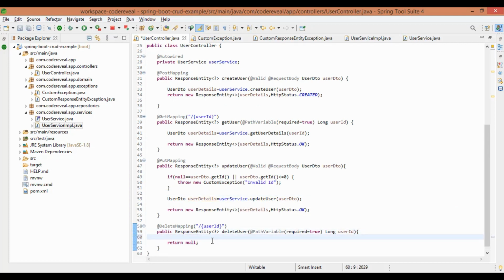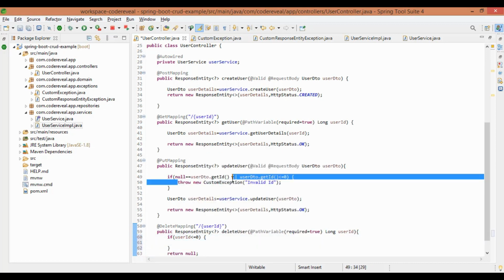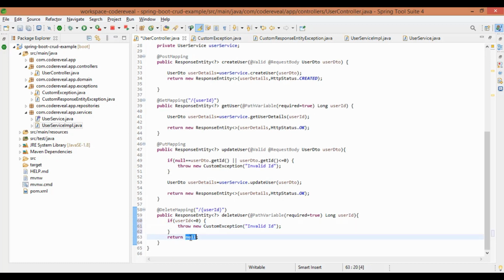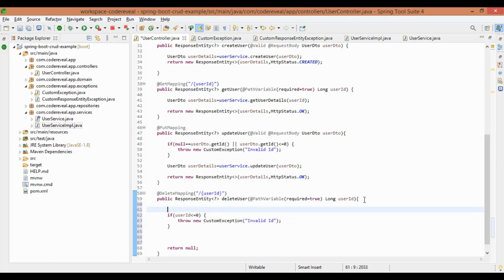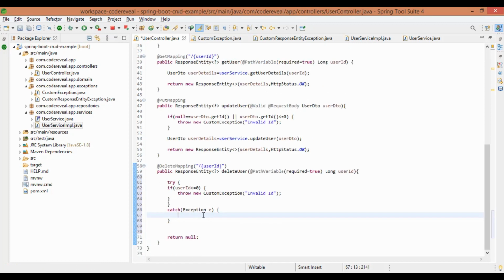Now we are going to add some more code in the delete method. Here in the same way we are going to check the user ID. If user ID is less than or equal to 0, then we will throw a custom exception, invalid ID. And we are going to add it in the try catch block.